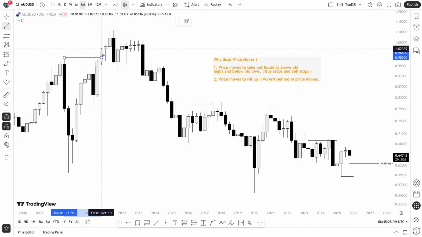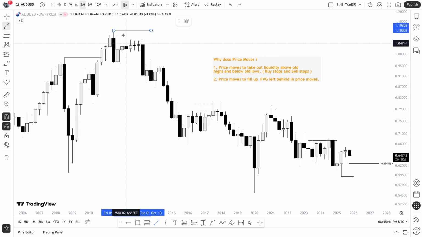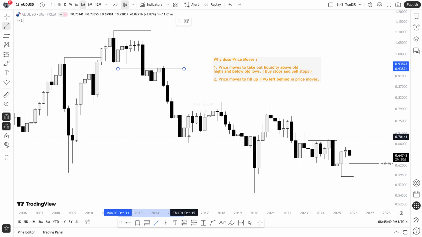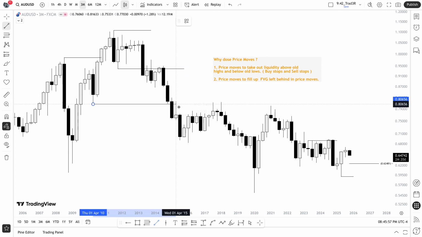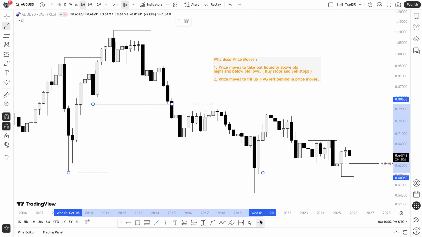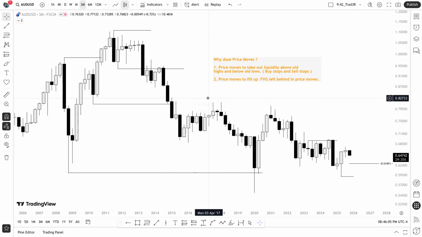So after we took these highs and created this new high, then we created the low, and we failed to create a higher high above this high. We failed to break above this high, then we broke this low here, and ever since then the interest shifted from bullish to bearish, and we started attacking old lows, taking out the old lows. So this gives us the awareness that price moves